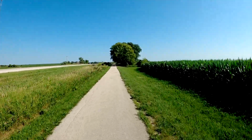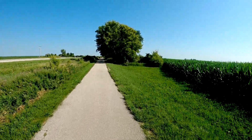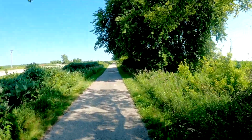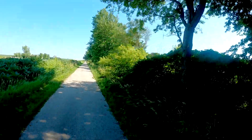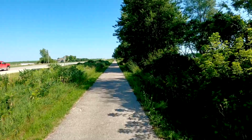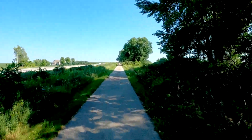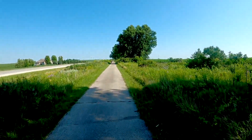I am riding my Trek bike, Verve 3, V-E-R-V-E 3, and no, it is not motorized. People keep accusing me of having an e-bike, but no, this is a regular pedal bike. I think they see how smooth the video looks, and that's due to the